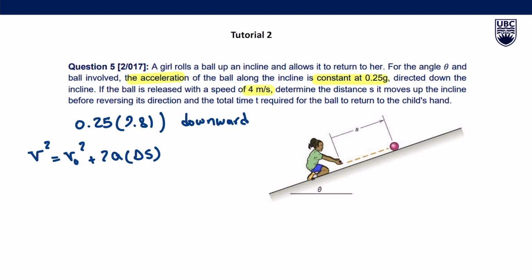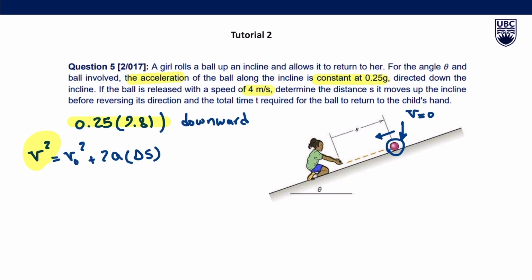It is 4 meters per second. We have acceleration, and we have the final velocity. You may ask, where is the final velocity in the question? The final velocity is 0 because when the ball reaches this exact point, velocity is 0